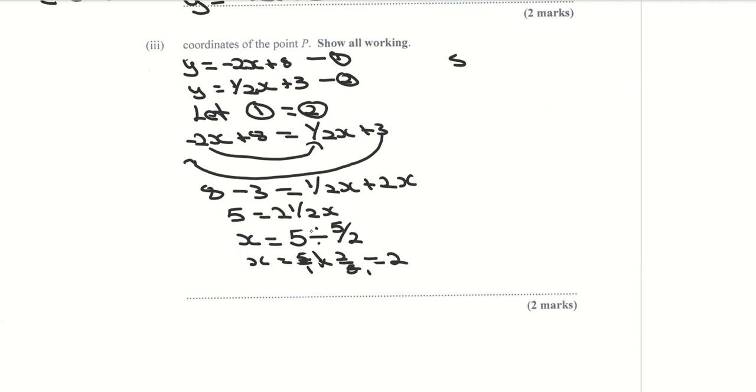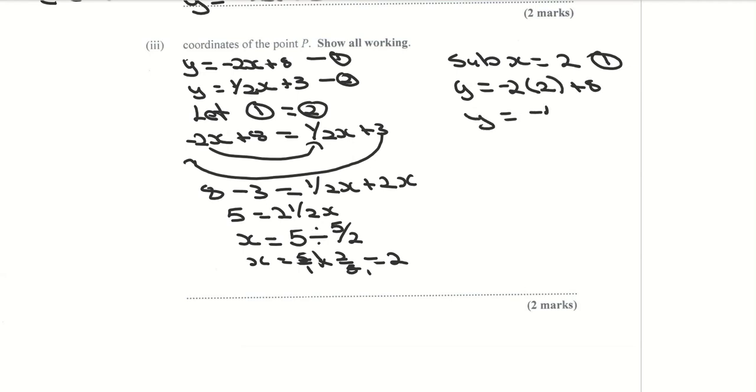And then you're going to substitute x equals 2 into whichever equation you want, 1 or 2, whichever one you want. I'm going to choose equation 1. So that is y equals minus 2 times 2 plus 8. So y is equal to minus 4 plus 8. So y is equal to 4. Therefore, coordinates P is going to be positive 2, 4. And that is how you would get your answer for